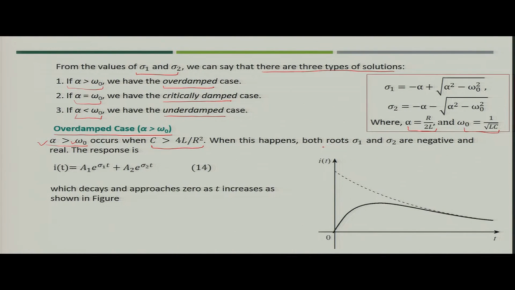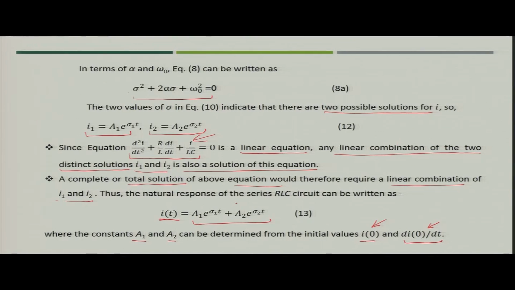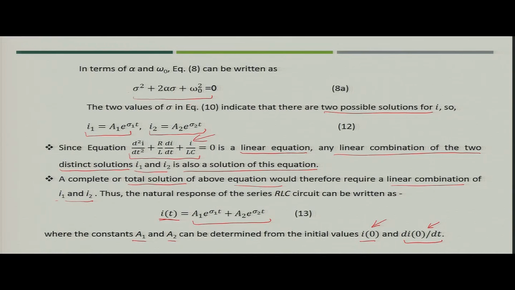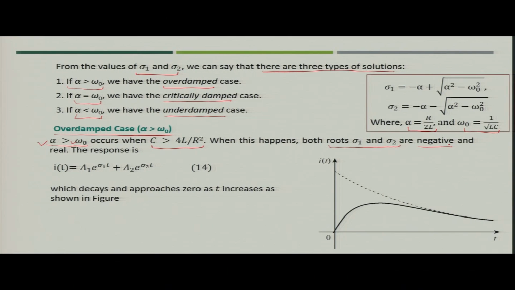So, in that case what will happen, both your roots, sigma 1 and sigma 2, for the characteristic equation of the differential equation are negative and real. So, the response would be A1 e to the power sigma 1 t plus A2 e to the power sigma 2 t, and